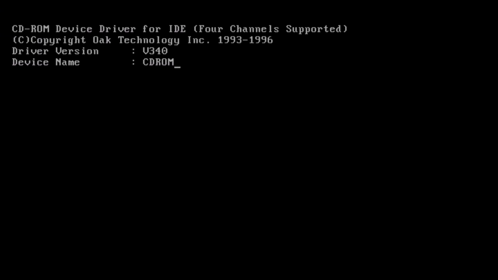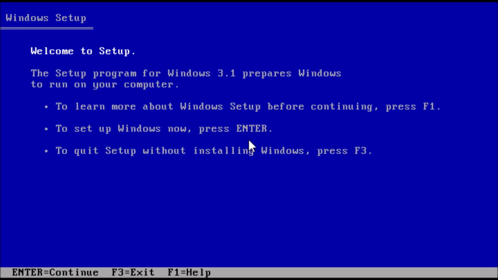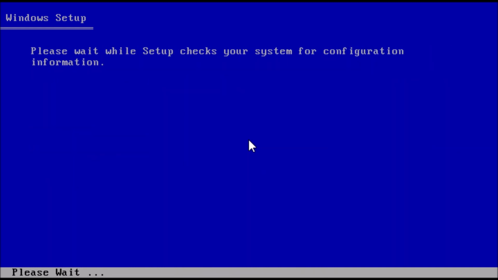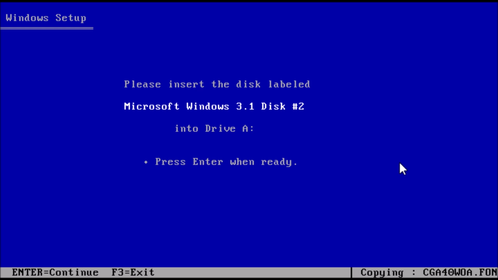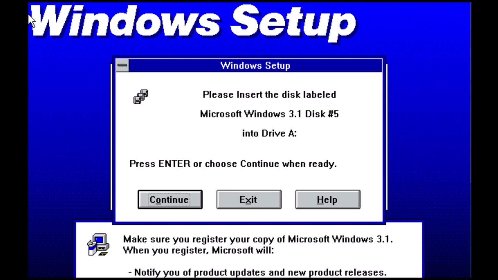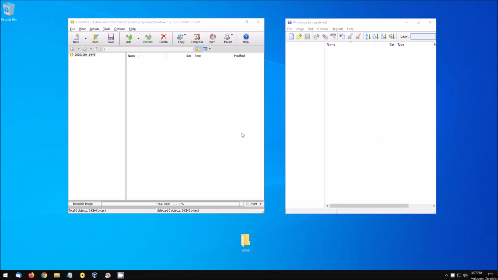Today we're making an installation CD for Windows 3X, because I'm tired of mounting floppy disk images. So I'm testing different versions of Windows 3X on MS-DOS 8, and after a while I just don't want to insert the next disk when it prompts for it. So it hit me. Why not just extract all the floppy disk images to a folder and turn that into a CD image that I can use instead?